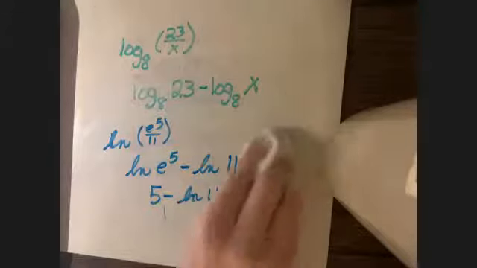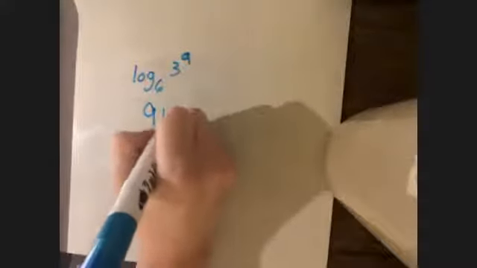Okay, so there's a couple of quotient rules. And now power rules. Okay, that's a 9. So for this one, the 9 is going to come out in front. Okay, and that's as good as that gets. For this one,